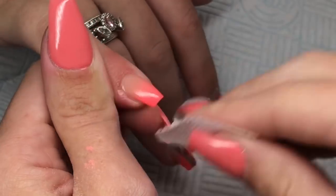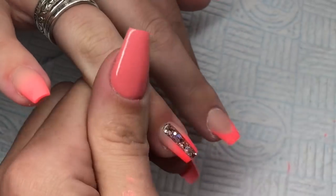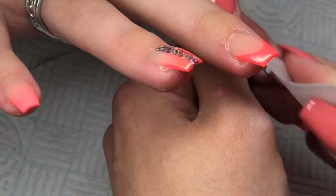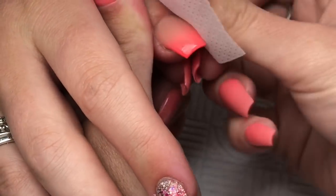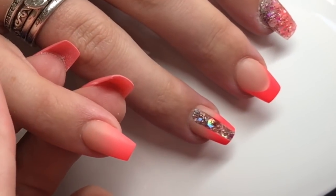So I do the same on all nails. Then I will cleanse them and get rid of all that dust and wipe over them with pure acetone to remove any scratches that the file or the buffer may have left. And then I will go in with my favourite top coat, CJP Top Gloss, and I'll cure that under my LED lamp. I got a new lamp. For 1 minute, and then I'll take that out the lamp, allow it to dry, allow it to cool down for a little bit, and then apply my CJP Flower Blast cuticle oil,